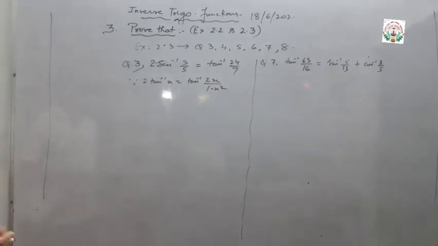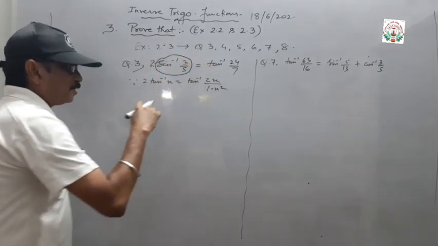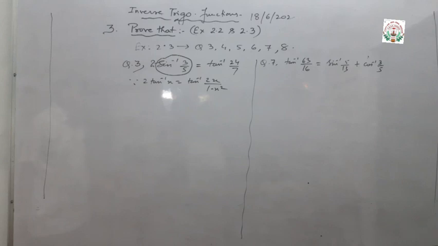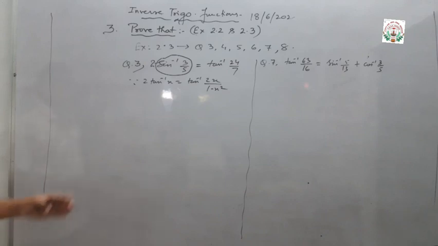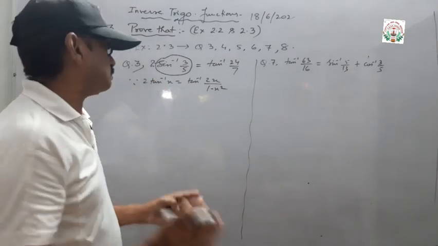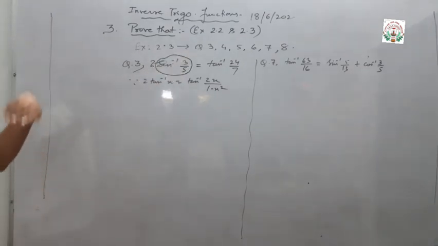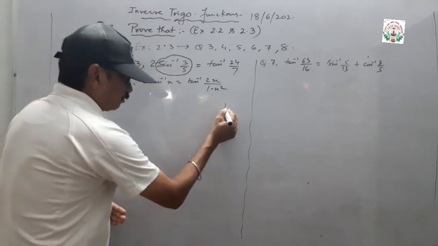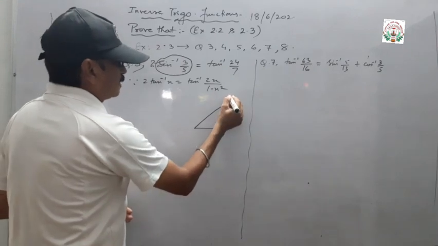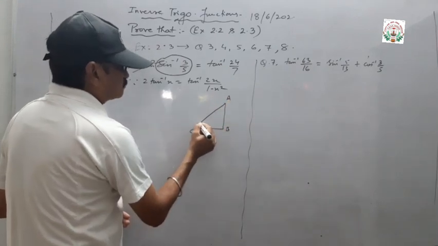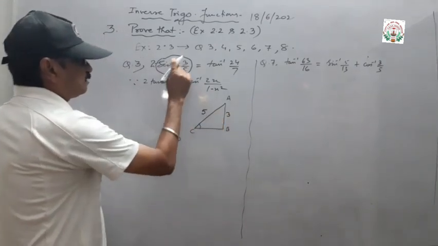So what we have to do first is convert this sine inverse of 3 by 5 into a tan inverse function. So now listen carefully, I said that I will explain the conversion properties. How you are going to change sine inverse of 3 by 5 in terms of tan inverse. First we draw one right angle triangle. In the right angle triangle we consider this acute angle, perpendicular upon hypotenuse, as sine is perpendicular upon